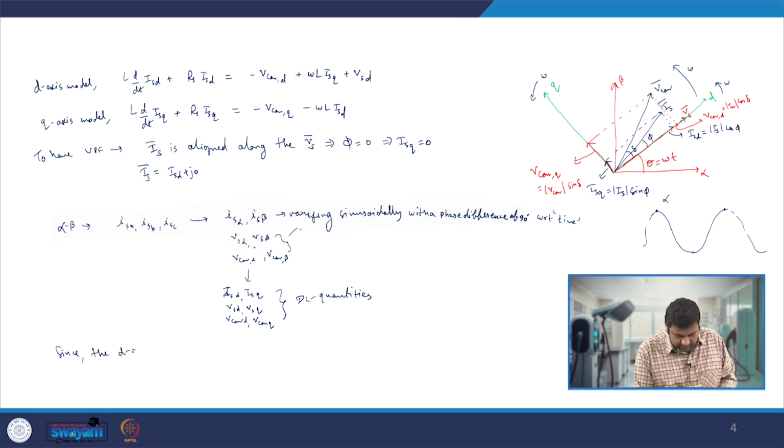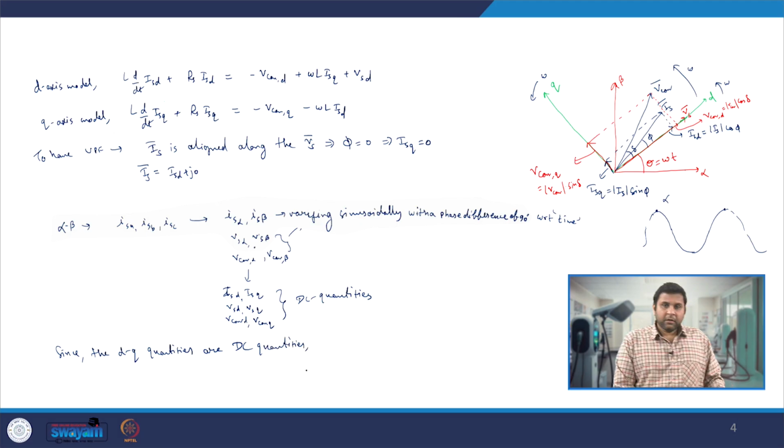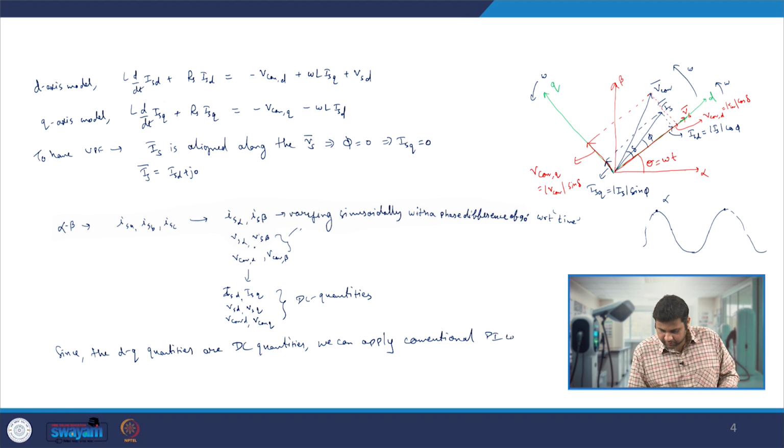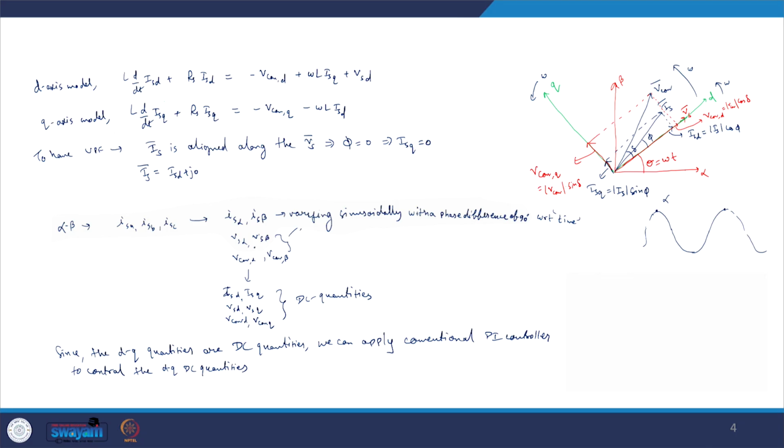Since the dq quantities are DC quantities, we can apply conventional PI controllers to control the DQ DC quantities. What I mean by that, here since we are controlling the supply current or the current drawn